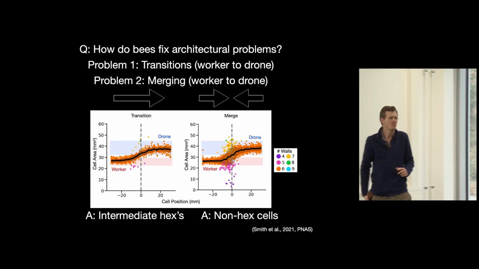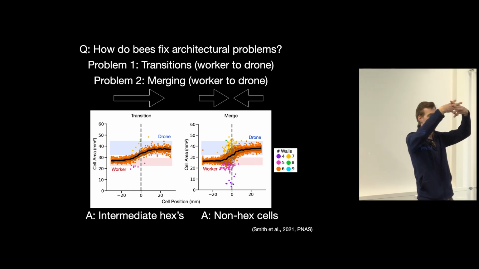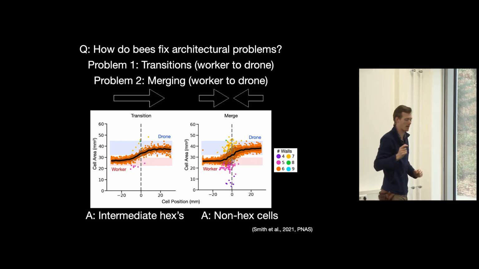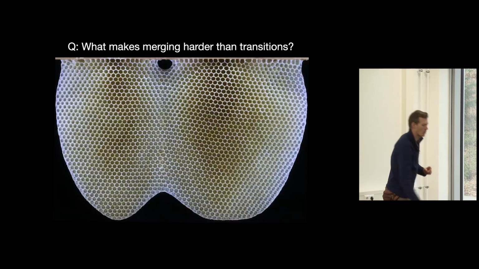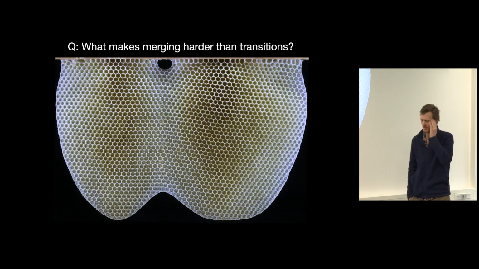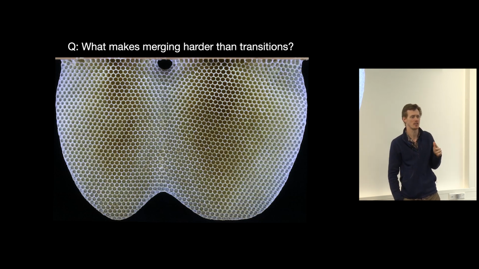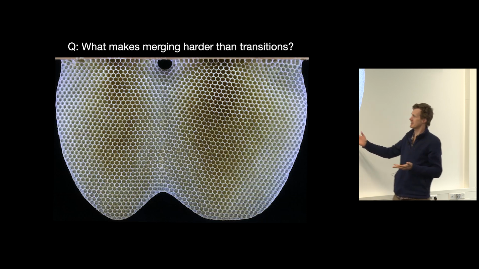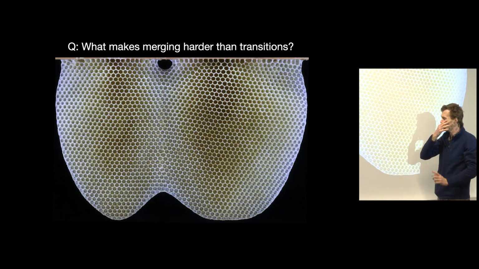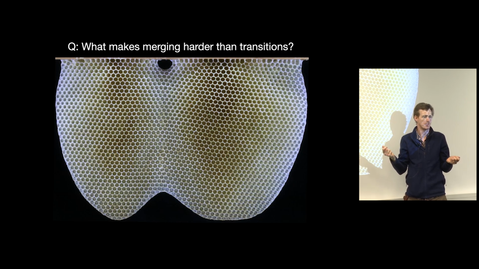And what this was telling us was that it's a lot harder for bees to merge independent pieces of comb together than it is to go through that really gradual transition. That'll come in mind in a second as well. So what makes merging so much harder than transitions? Part of why I was interested in this was I spent so much time just looking at these images and seeing what the bees had done. This is an example where there's 2 pieces of comb that the bees have merged together, and it looks flawless. It's really a beautiful instance of collective construction here.